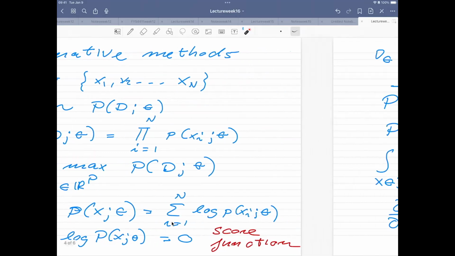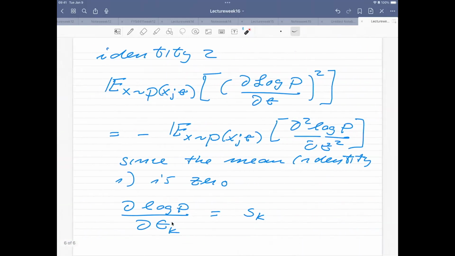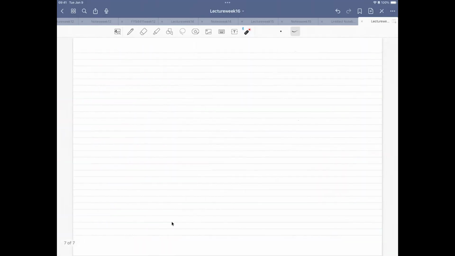Okay? So if I now take this second identity, which I have here, I can then actually define the covariance of these quantities, and keep in mind that the mean value of this quantity is actually equal to 0. This becomes important for us now, because I can now define the Fisher information matrix